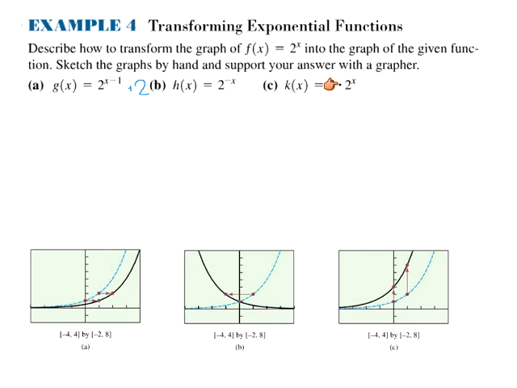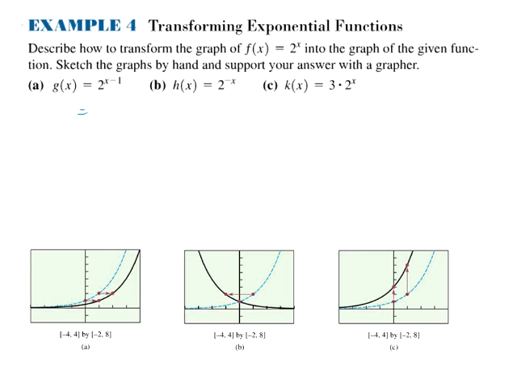If you have a negative that's out on your base, or technically on your initial value, that's your reflection in the x-axis. If you have a negative in the exponent, that's your reflection in the y. So we still have the same properties happening with the transformations of exponential functions. It's just that when we are affecting the x variable, it's happening up in the exponent now, because that's where the variable is located.